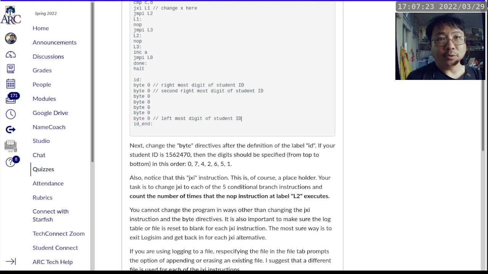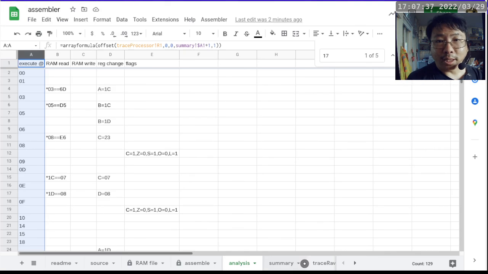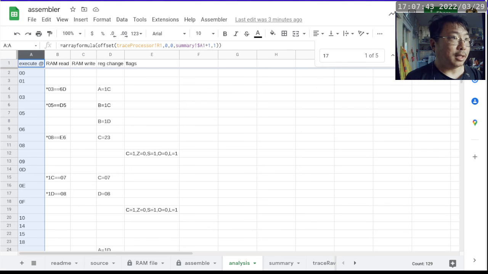So even if you don't use River Spider, knowing how to use Logisim to collect the trace, which is in the form of a TSV or a tab separated file, and then importing that into, I cannot remember the name, trace raw data, that's important. And that reminds me, I think I mislabeled that in my documentation, so I should probably fix that and then re-upload the